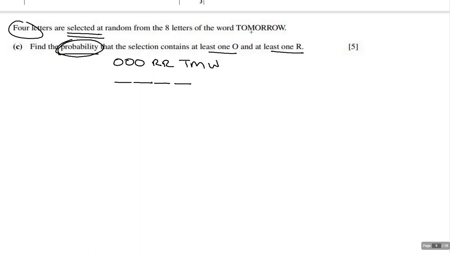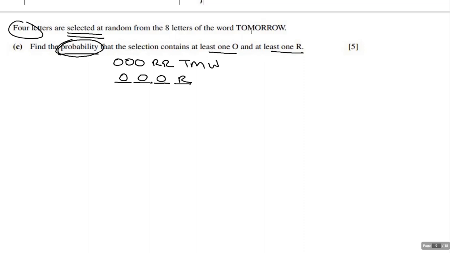You could do 4 O's and 1 R. If I do that... I mean, oh, wait, I only need 4 altogether, right? Yeah. So, if I did 3 O's and 1 R,